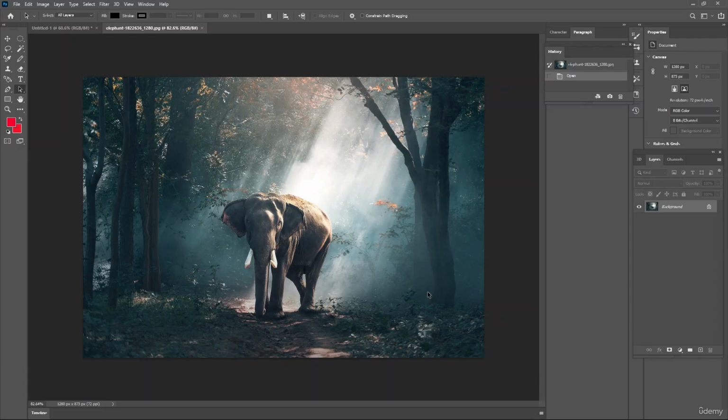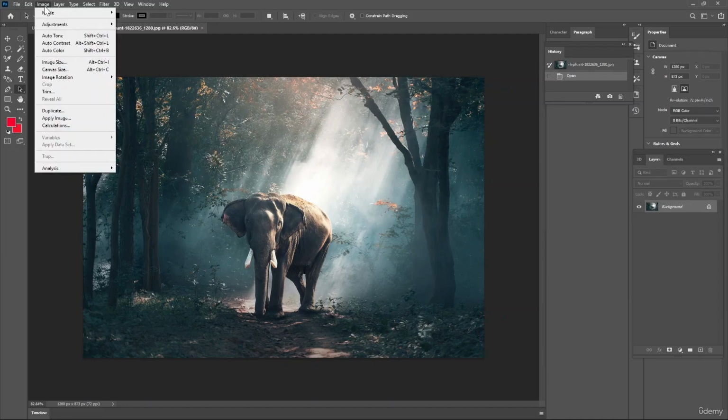First things first, we have this image that needs a bit of correction. As you can see, the colors look a bit off. To begin, we will go to the Image menu and select